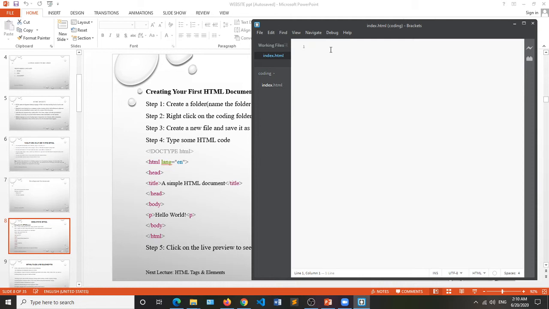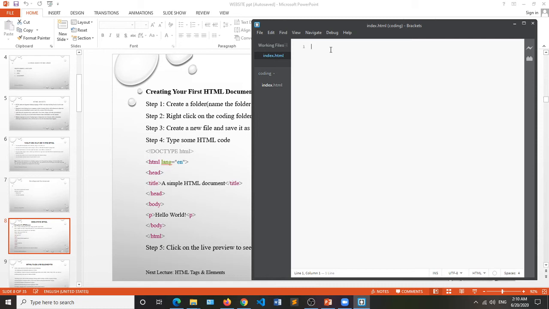It's just like writing normal English, but the characters that you use in writing your code, that's what we refer to as coding. So you're going to write some HTML code, run it, and display it in our browser to see how it works. On line 1, we do what we call the doctype declaration. Don't worry, I will explain all this code to you, but for beginners, let's put this code in our HTML file and see how it appears in the web browser.